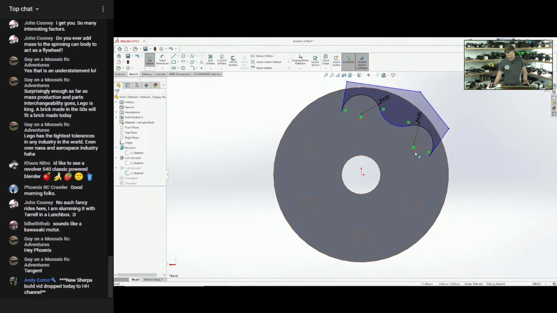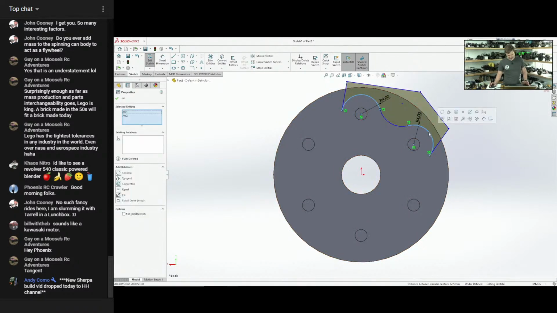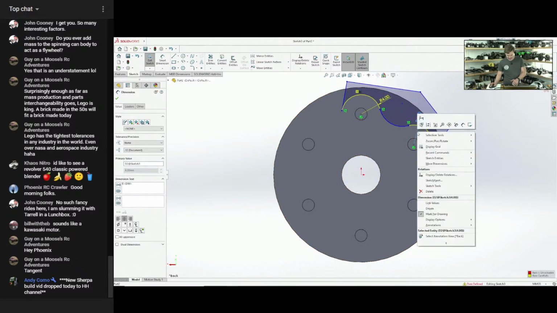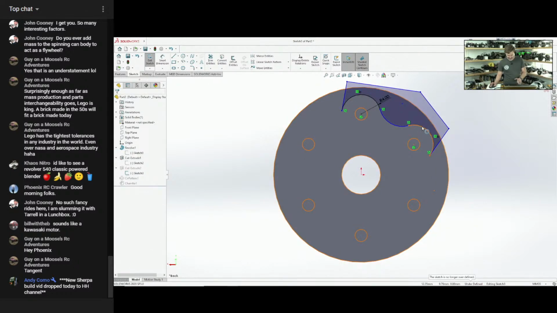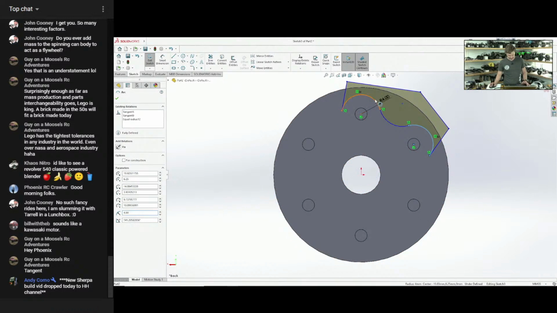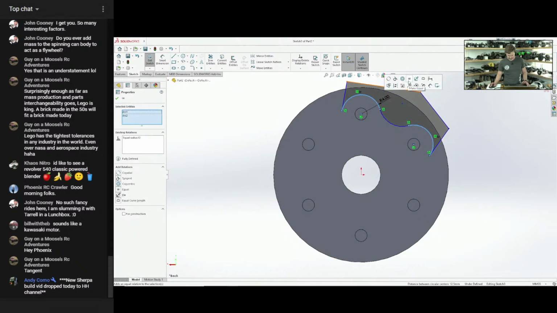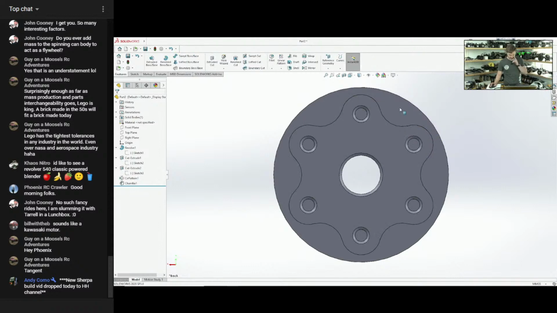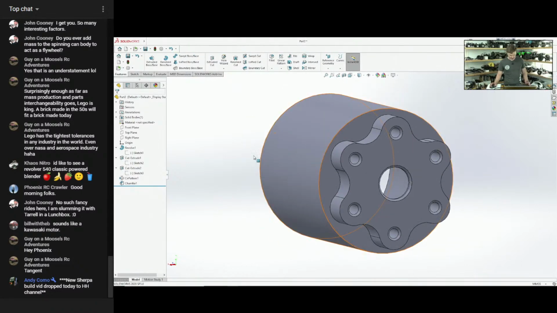And if I was fancy, what I would do is make both of these radiuses be equal. That way when I changed one, it would make a change to the other. There we go. And the sketch is overdefined because I have... There we go. We're going to delete that. And now I can go in and we can make these equal. Equal. Do it. Done. All right. So I can change this to 3. Bam. I can change it back to 4. Bam. All right, so we'll try once more